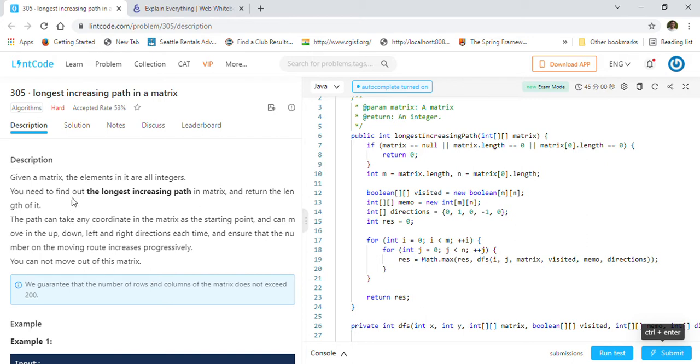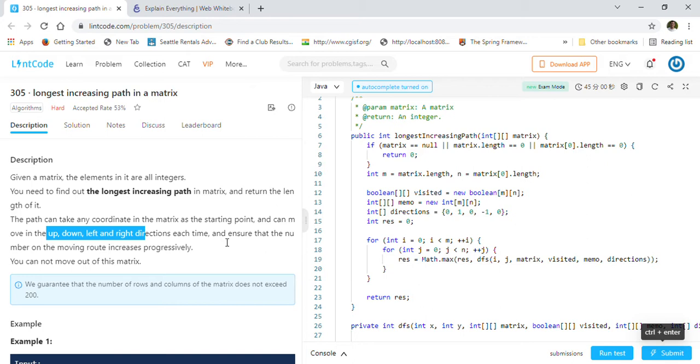So let's look into the description of this problem. Given a matrix, the elements in it are all integers. You need to find the longest increasing path in the matrix and return the length of it. The path can take any coordinate in the matrix as the starting point and can move in up, down, left and right directions. So you can move in four directions, and ensure that the numbers on the moving route increase progressively.